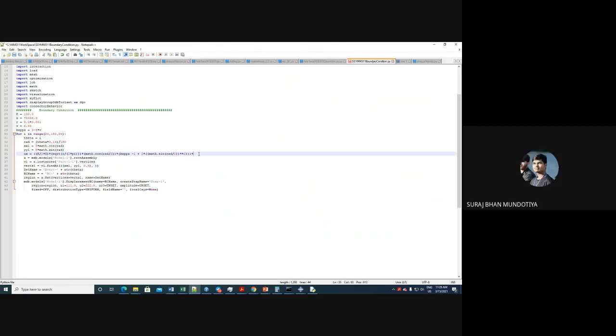This is in meters, so I'll multiply this by 1000. Sir, put a bracket in 2 into g. In what? In k divided by 2 into z, put a bracket there. Why? Sir, there is some issue in it. Yes, but where did I change this? Sir, you changed it when you were writing in CA. So now this is that, and then I have to multiply this with 1000 so that it is in meters, right?